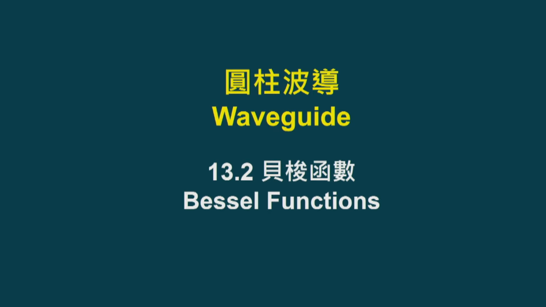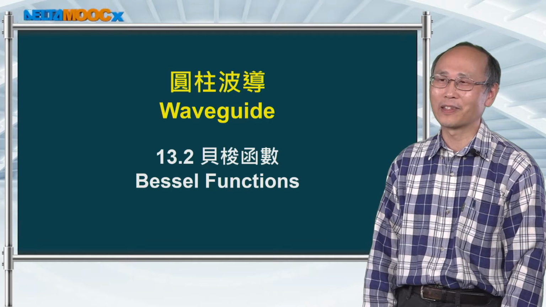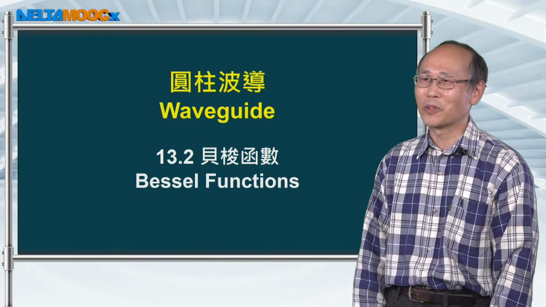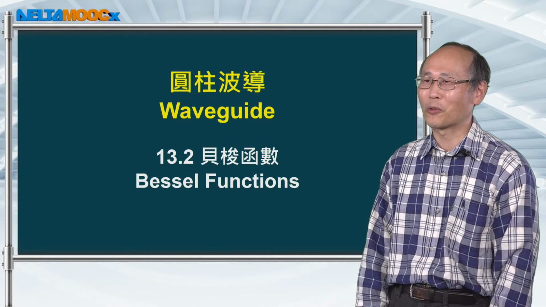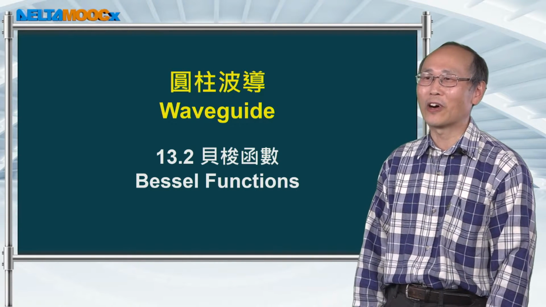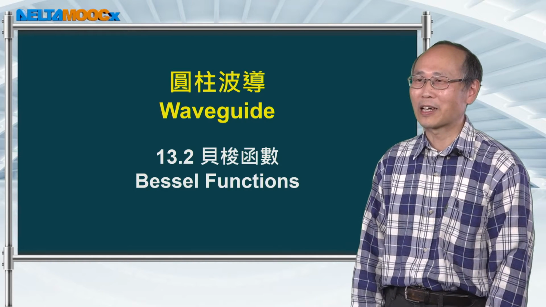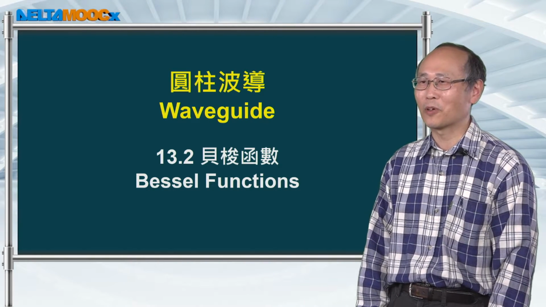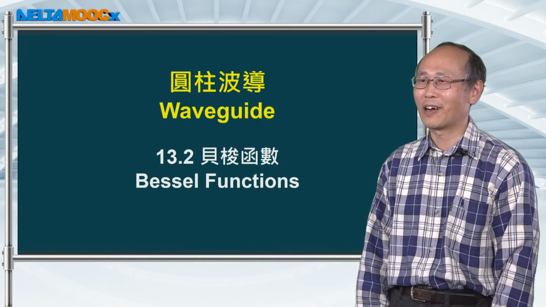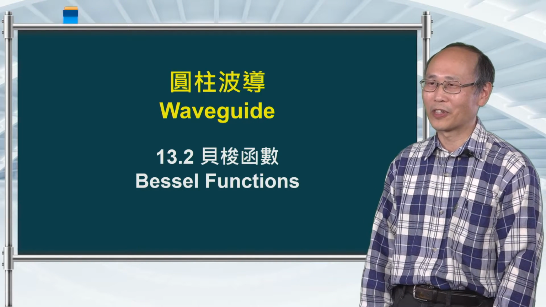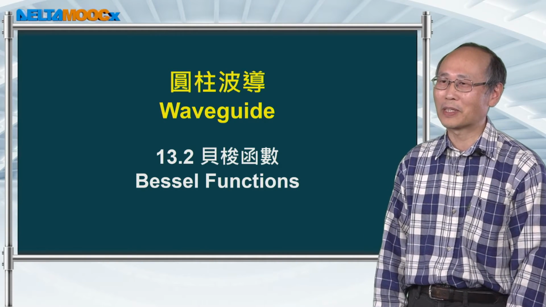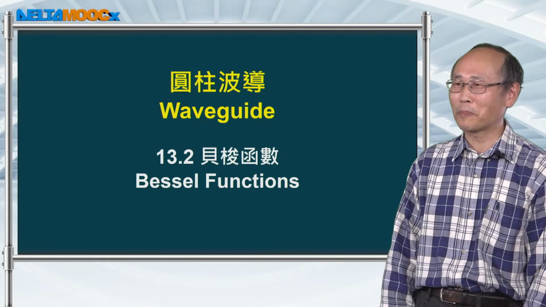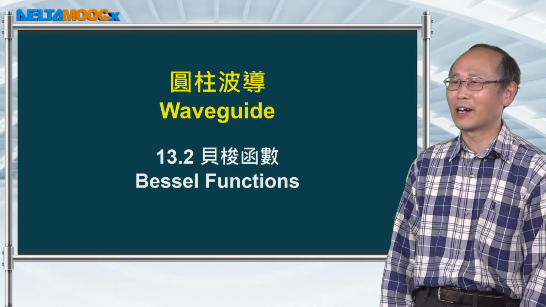In the last session, I compared the field patterns inside a cylindrical waveguide with those in a rectangular waveguide. We more or less understand that the circular surface of the cylindrical waveguide will concentrate the field on the axis, so the field cannot be described by simple sine or cosine functions like those we use for the rectangular waveguide. In this session, I'm going to introduce new mathematical functions to properly describe the field inside a cylindrical waveguide.